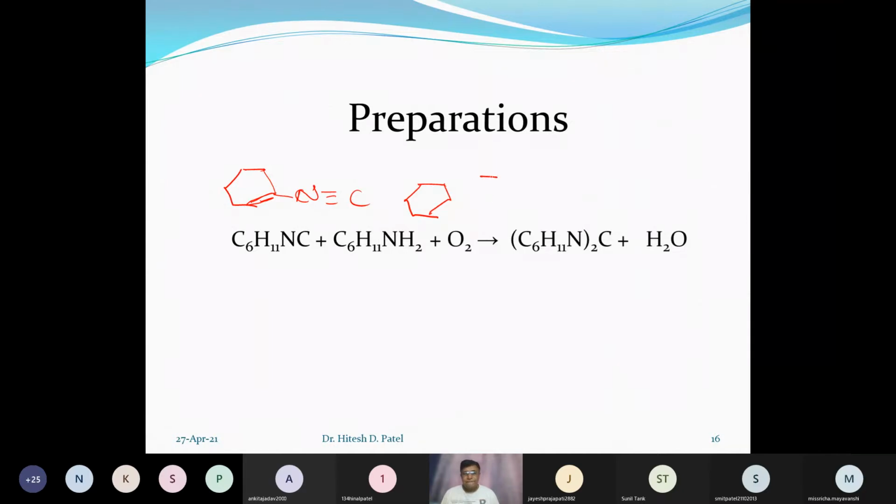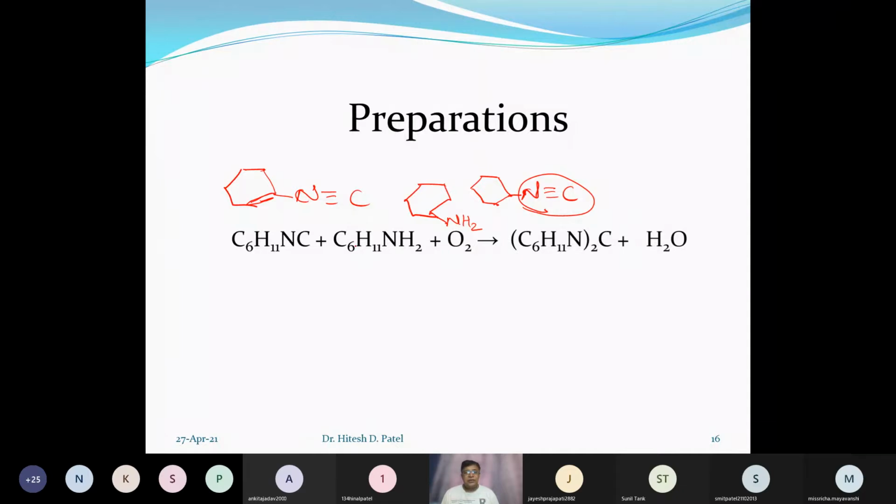Sorry. N triple bond C. This is our raw material or starting material, and the second one is